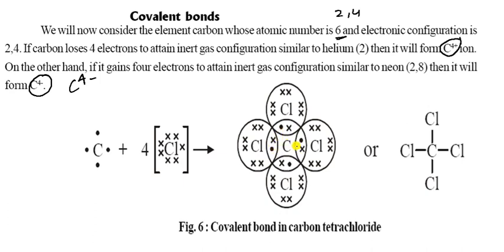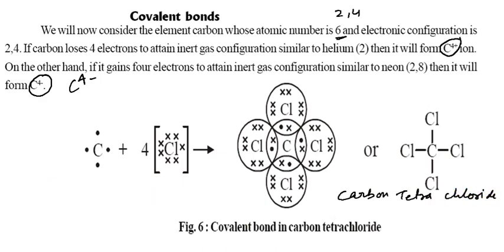You can see here this one is one pair, this one is also one pair, and these are also one pair. And in all of them, they are completing their octet. You can see here 2, 4, 6 and 8. So all the atoms are completing their octet.